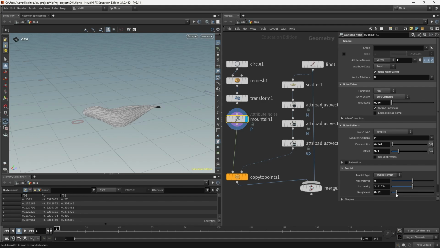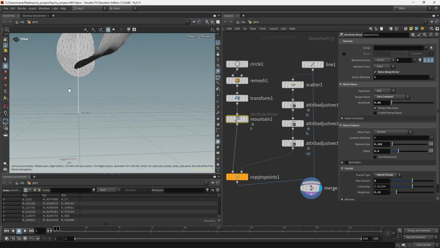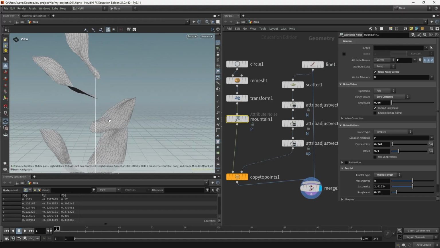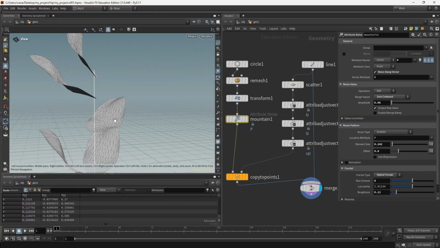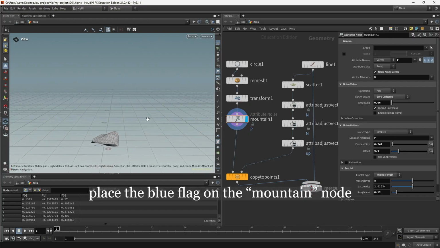But this is going to give us some problems because the leaf doesn't land at the origin anymore. So now when we copy it, the circles end up inside the line. We can fix this with a single line of VEX. So let's go back to the mountain node.